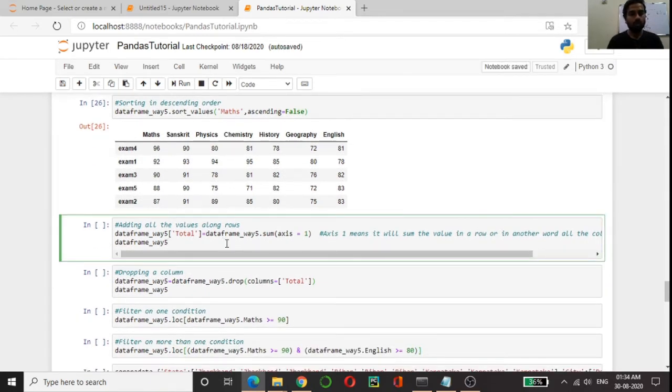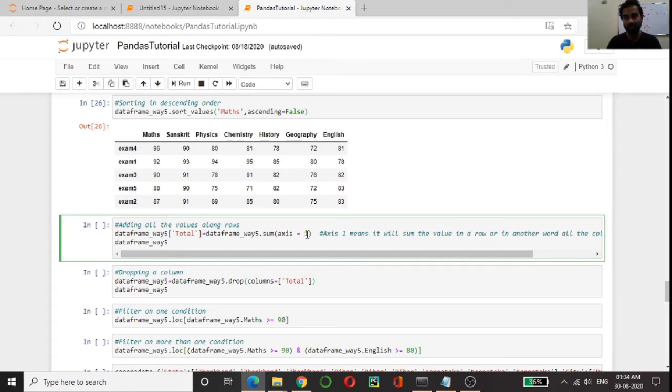Now to add all the values along the row in a data frame, here we are creating a new column in the data frame, total, and we are just using the method dot sum with axis equals 1. Axis equals 1 means it will sum row wise.